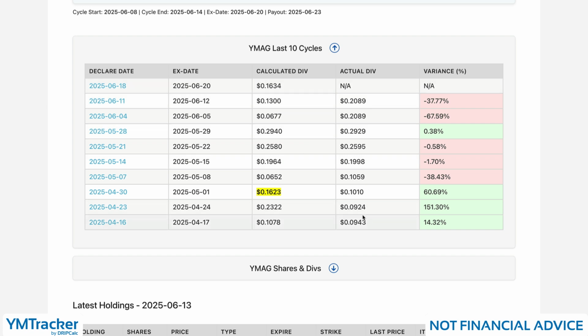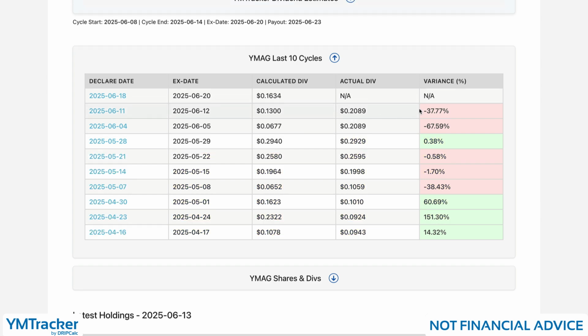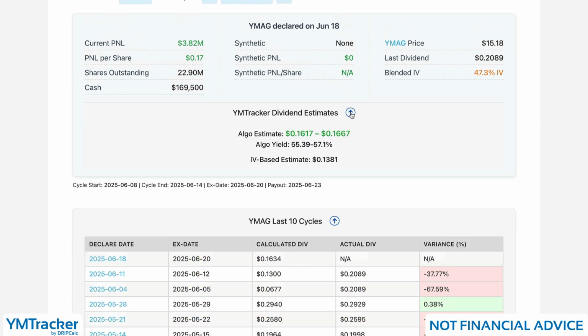And they started doing it recently. Before, they were not doing it. This is a recent development. But this is why we have this huge variance. And I think if they collected about 17 cents in dividends for the last cycle, I think they'll